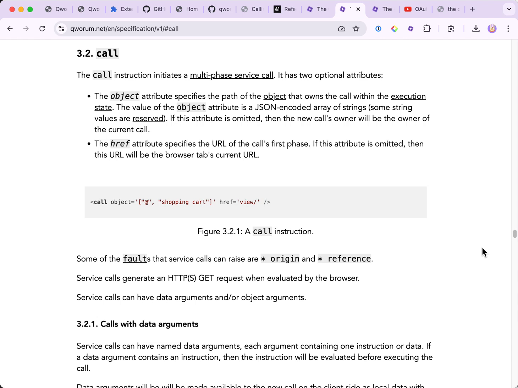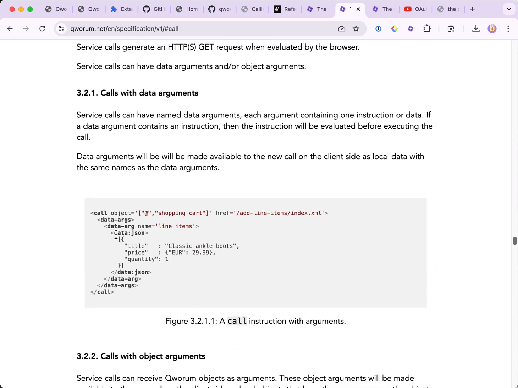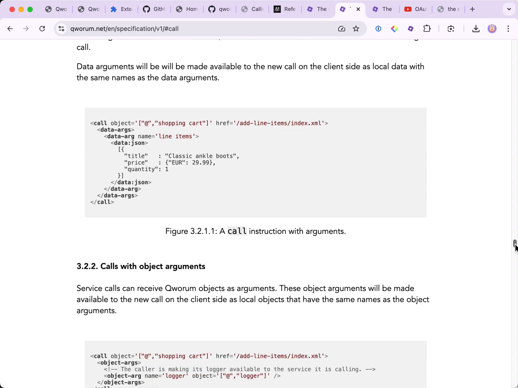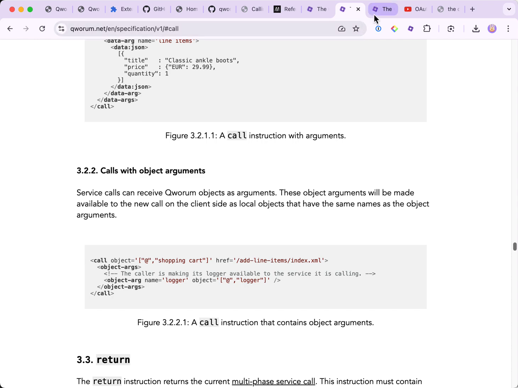When a call is made and it has, for example, call arguments like that, all this argument passing happens inside the browser in a call stack that is attached to the browser tab.